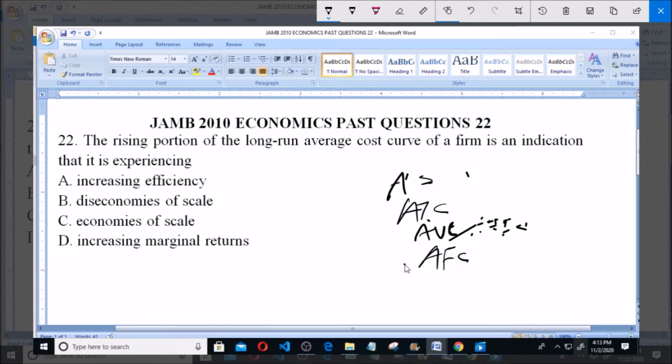So if you look at option A, which says increasing efficiency, option B, economies of scale, is not the indication of the rising portion of the long run. Economies of scale is not the answer, and increasing marginal returns isn't the answer. So the correct answer is option A,